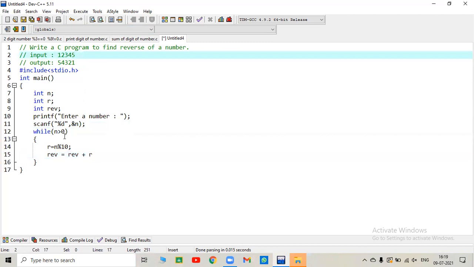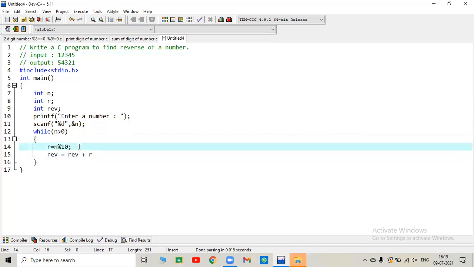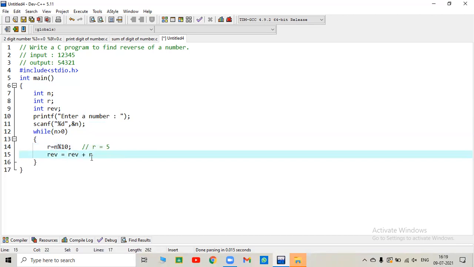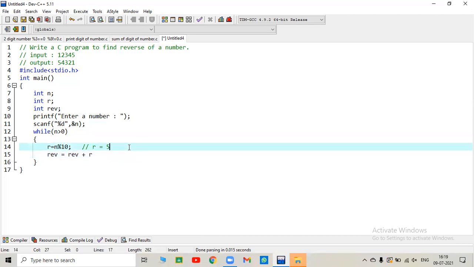In the first loop, r will be 5. Okay, so second number will be 4. So as a whole the number is now 54. So how 54 comes, that is 5 into 10 plus 4, that is 54.